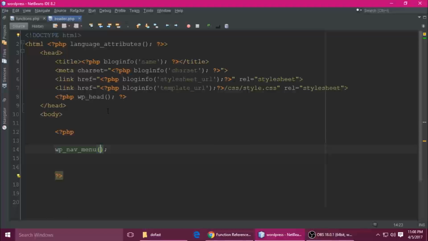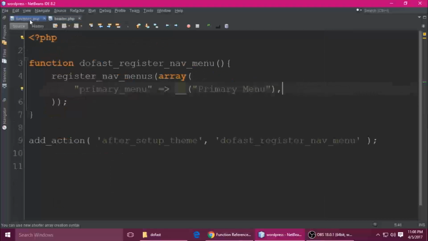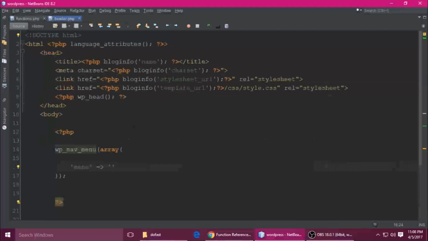It takes one parameter, an array, and inside we have to give the name of the menu. The name of your menu is what we wrote in functions.php. This is the menu name, and you can type any menu name. So this is the primary menu.